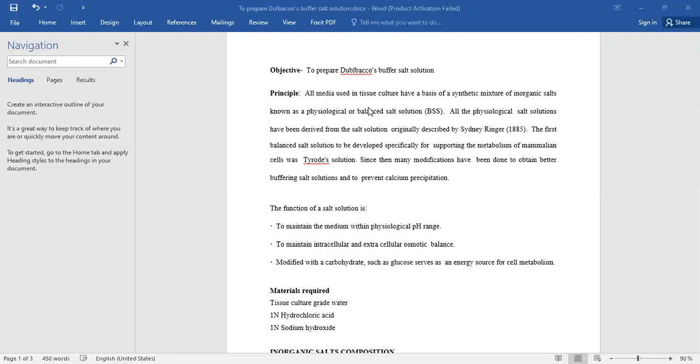So we need to add some salt solution so that the requirement of the salts is fulfilled for the animal cell. So we need to add some balanced salt solution